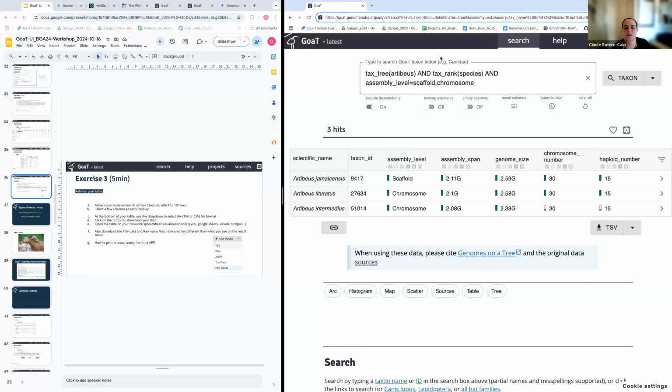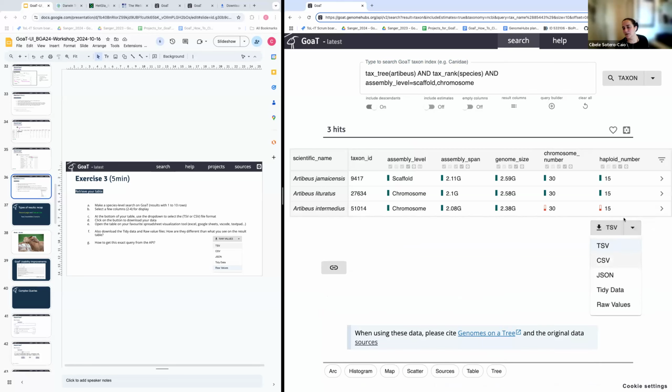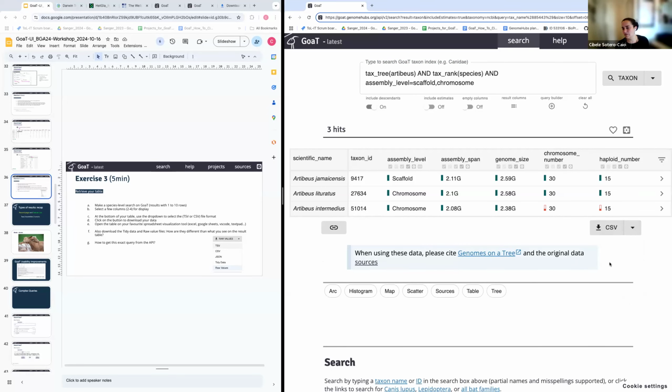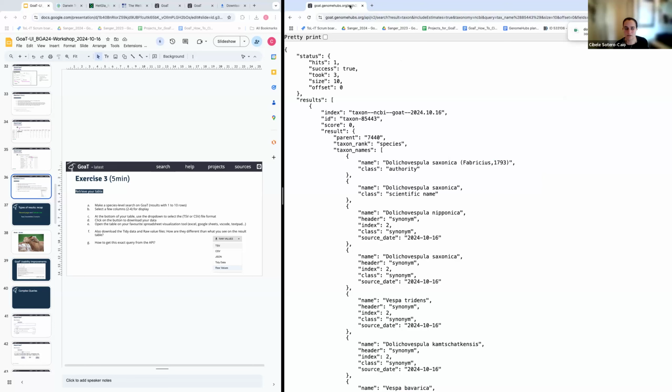I kind of already showed this to you just now. So, okay, we have a small table. It doesn't matter how we got there. The main thing is that you click here, you pick your type of file, and then you click again, and you get a new download. The CSV, I guess, will open directly in my Excel, but you can get comma separated, tab separated, whatever. And then to get this from the API is just adding the API and then the current version.